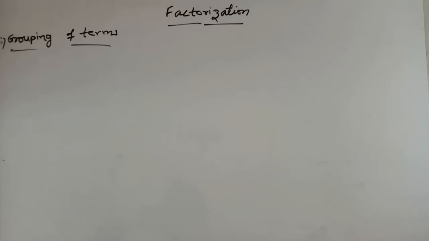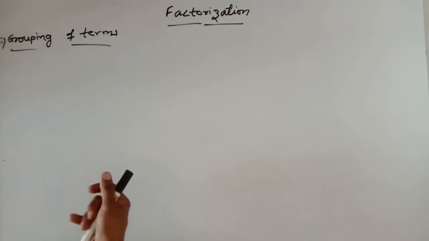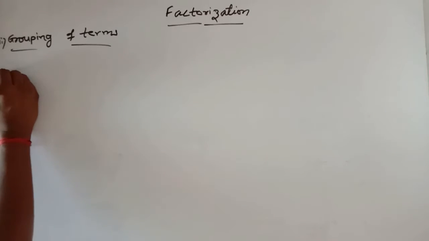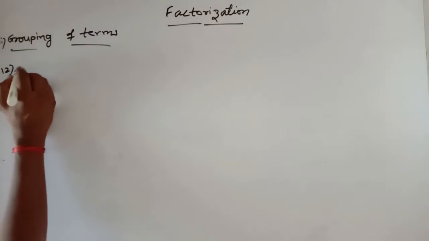Children, the second method of factorization is grouping of terms. So here we are going to group the terms and then we are going to factorize. So how are we going to group the terms? We will see. Either we may be splitting, or we may be doing multiplication and subtraction. So here the first question is the 12th question from your textbook, page number 5.45, that is, factorize